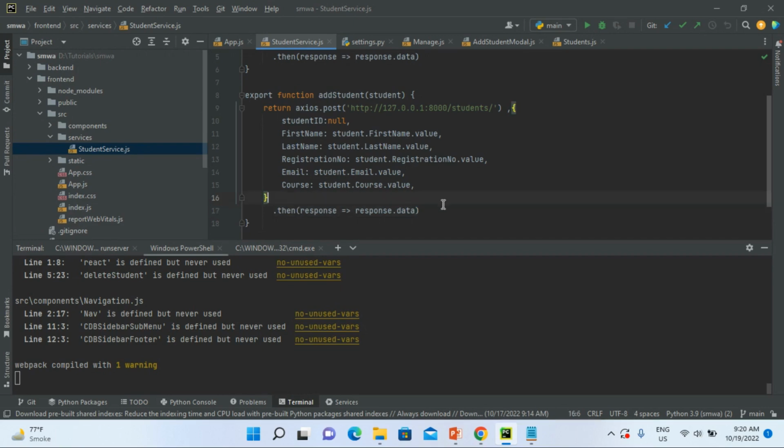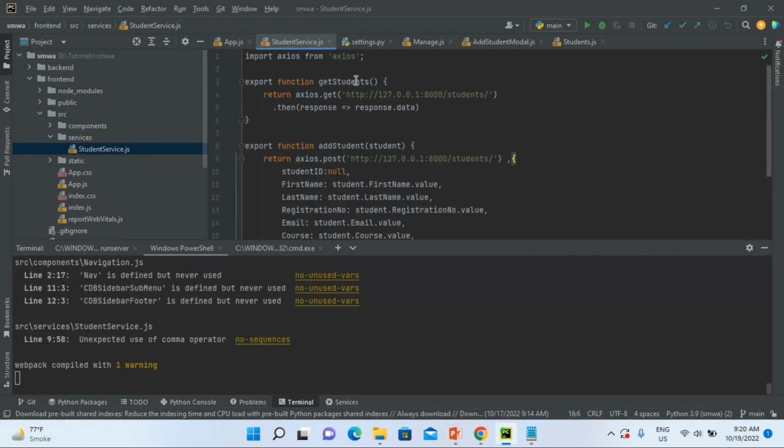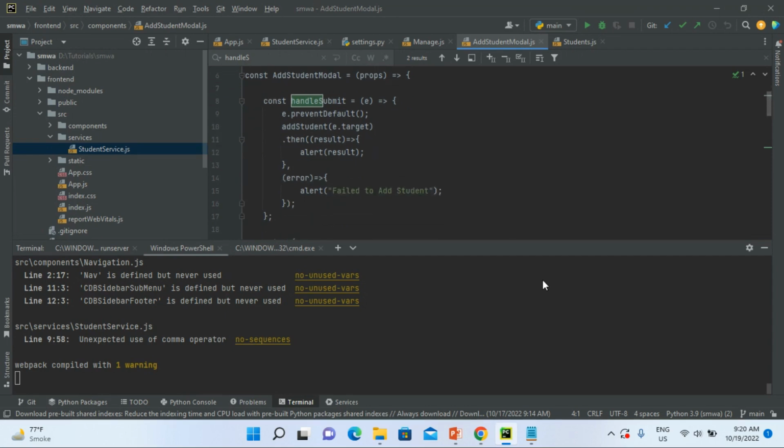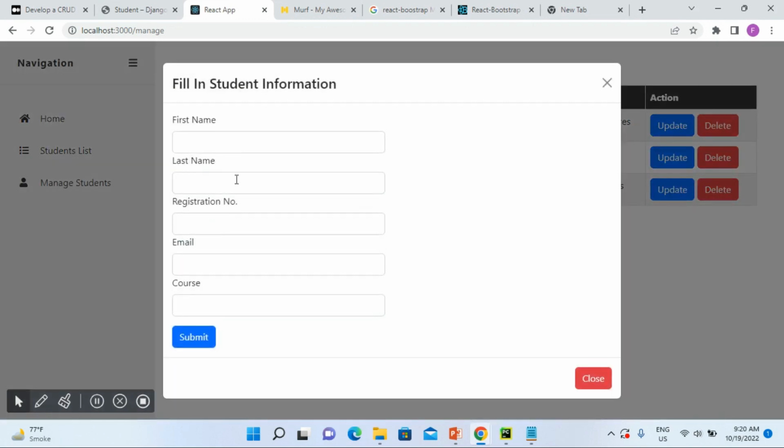Okay, it seems okay, and we have added this add student here, and I think we do not need anything else. Let me check here. On add student model we have used handle submit. Okay, now if I go back here and I click add student, let me add first name John, Alex,